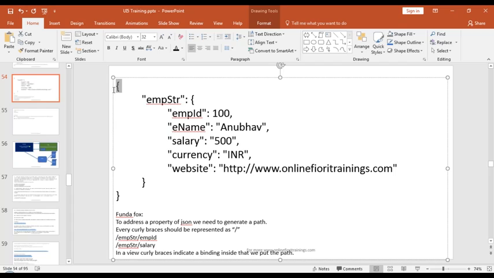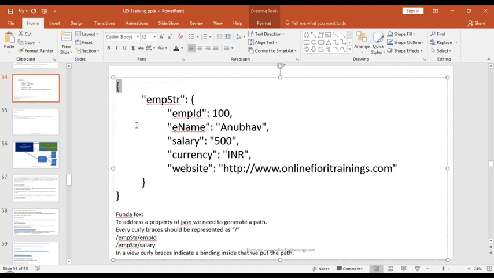It's just slash. What is the path of my employee str entity set? It is slash empstr. What is the path of my employee name? It is slash employee str slash employee name. Right? Clear, everyone? So if I want the top level, all the data of my JSON to read, I